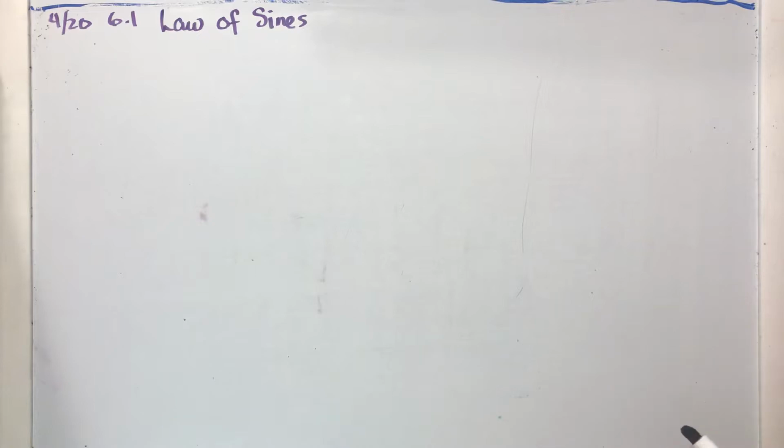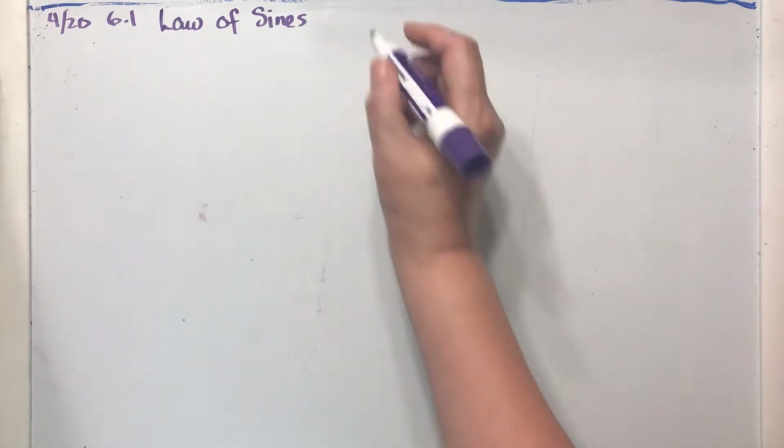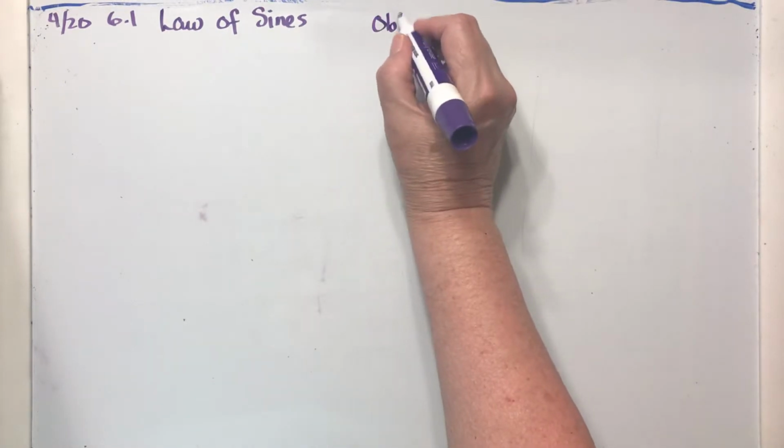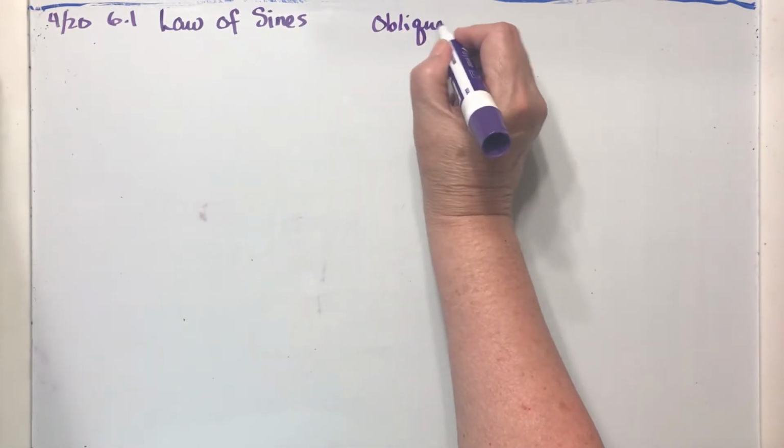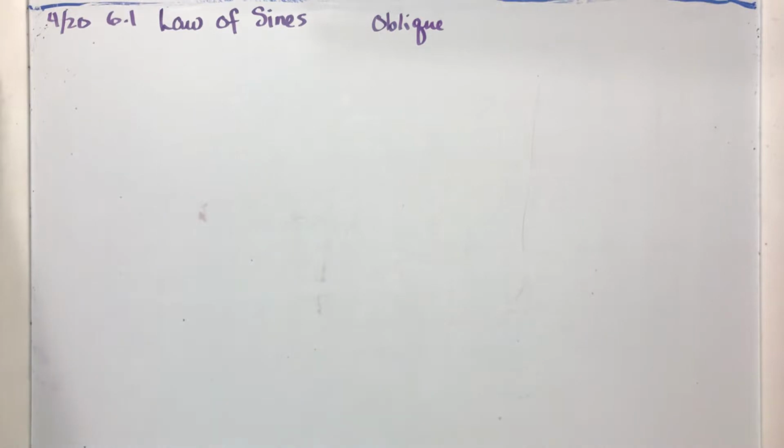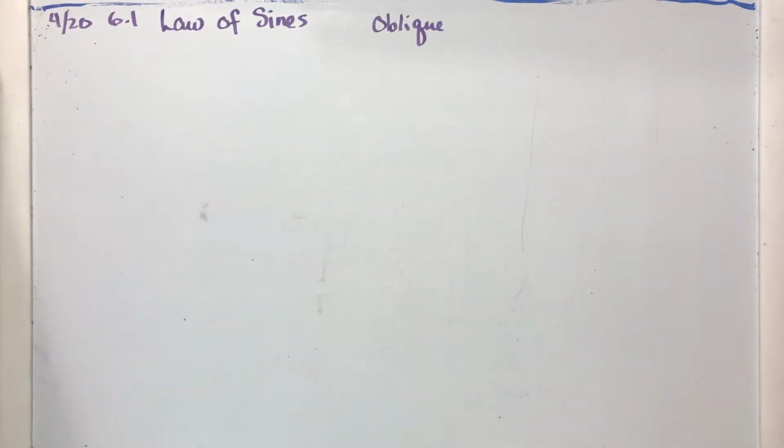So what if we're looking at triangles that are not right triangles? First of all, those triangles are called oblique triangles. So that's just a nice little word that simply means it's not a right triangle, it's oblique. So we're going to be solving oblique triangles, which means we're going to find any missing sides or any missing angles. And one way to do that with some specific triangles, and we'll talk about that a little later, is